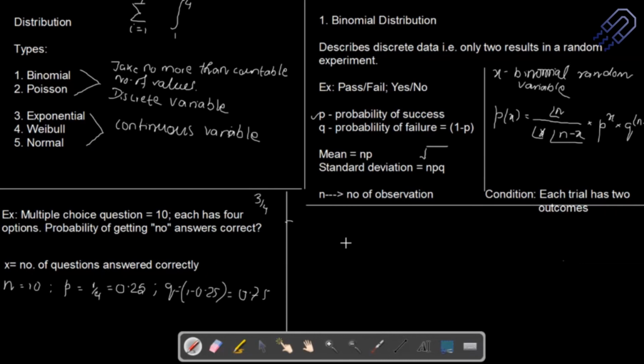Now I think it's quite obvious, quite trivial. You just put the values and get your answers. We need to find out P of 0, and this will be factorial n, so factorial 10, divided by factorial x, so factorial 0, and factorial of 10 minus 0. Then multiply it with p, so that's 0.25 to the power 0 into 0.75 to the power 10 minus 0. Now you can do your calculations, and the answer that I get is